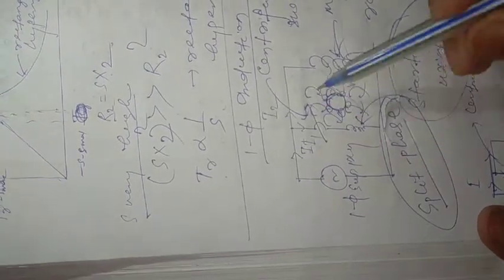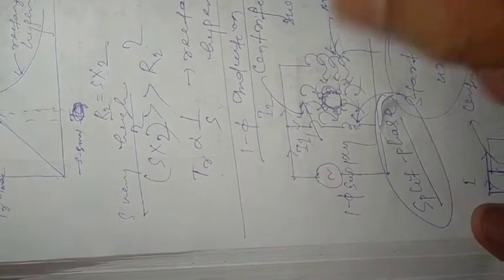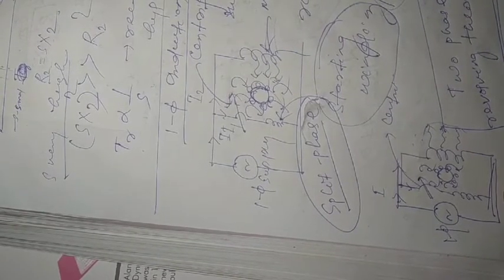Very simple. The process of creating this revolving magnetic field is known as the two phase revolving theory. Clear? Two phase revolving theory means you convert the single phase into two phase, and finally we can produce a revolving magnetic field. This is the complete process of the one phase induction motor. The stator and rotor material will be the same, but here we have a single phase supply instead of a three phase AC supply.